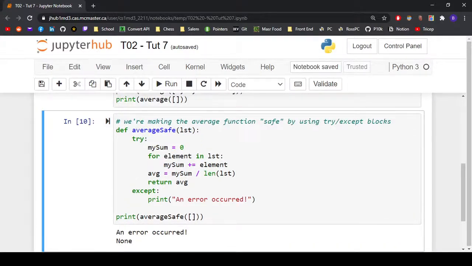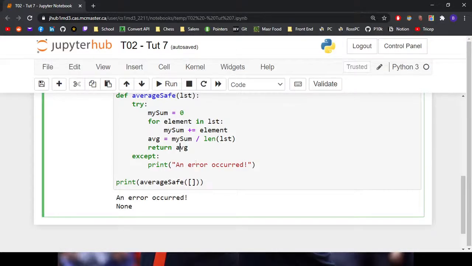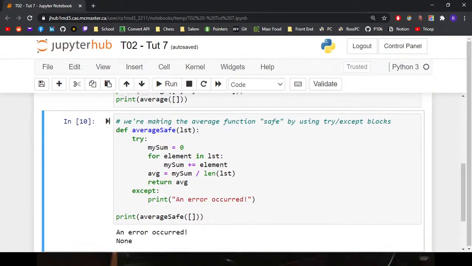since this line of code never ran, avg never got assigned a value. So avg is still technically, in programming, it's called a null pointer, because it's basically a variable that's pointing to a spot in memory, but it hasn't been assigned anything yet. And since it hasn't been assigned a value, its value is just None for now. And so it gets returned as None, right? That's fine, and that's kind of expected because we should be returning not a number